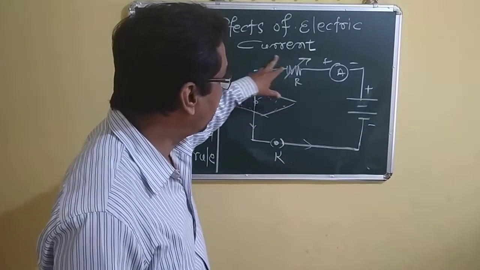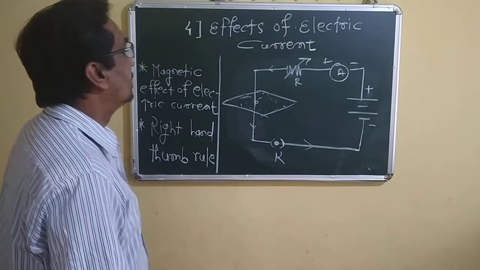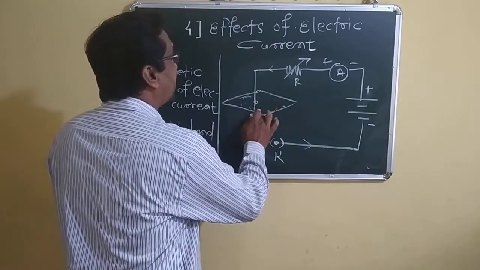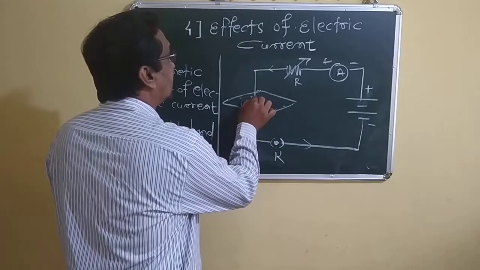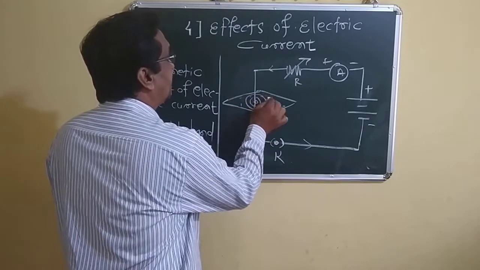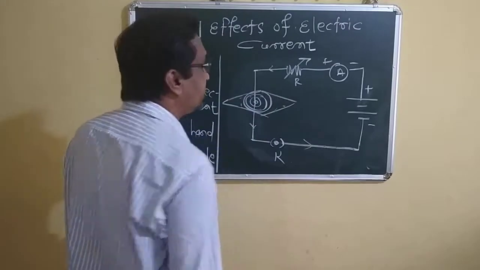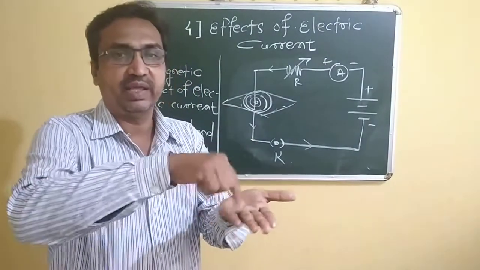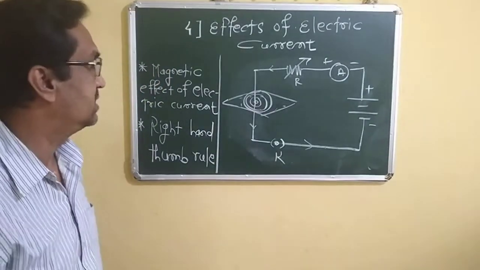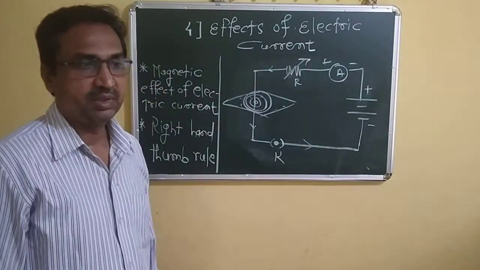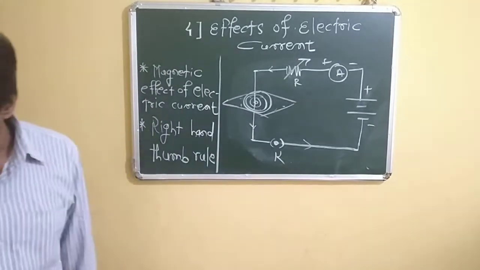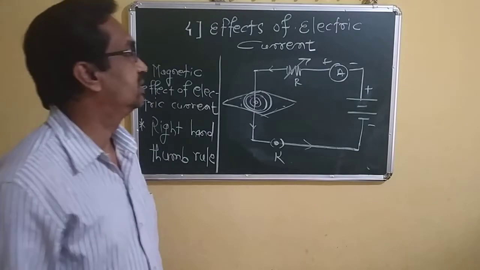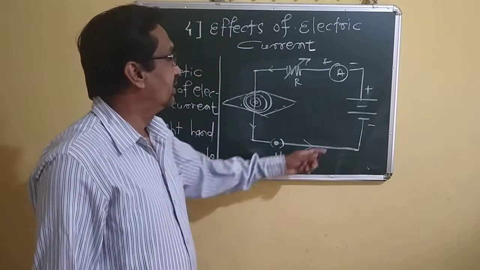Okay, and when the switch is on, when a plug is inserted in it and electric current is flowing in the circuit, we can easily see the iron filings are aligned in different concentric circles. Why does it happen? These things we have to study. So we can easily understand that when the electric